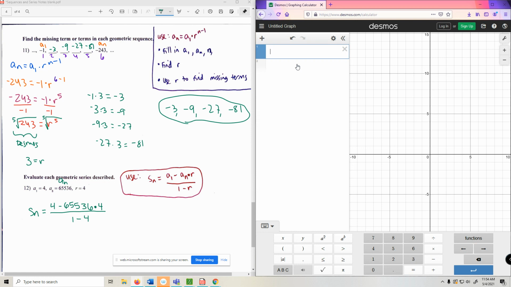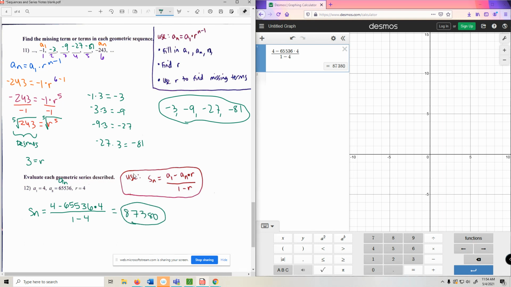Since it's a big fraction, start by hitting your division key, and then type in exactly what you see. 4 minus 65536 times 4, and then down in your denominator, 1 minus 4. And we get 87,380. Big number, but when you have the sum of a geometric series, we're getting into some pretty big numbers,